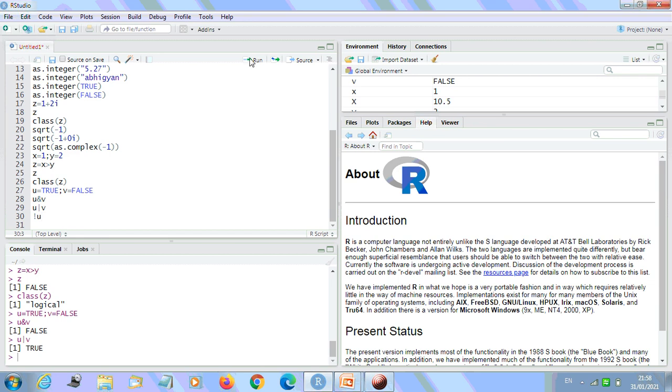It is not executing. So we have, yes, fine. That is, we are going to, true negation is what? False. Okay. So if you want to see help for these logical operators, you can use this command also